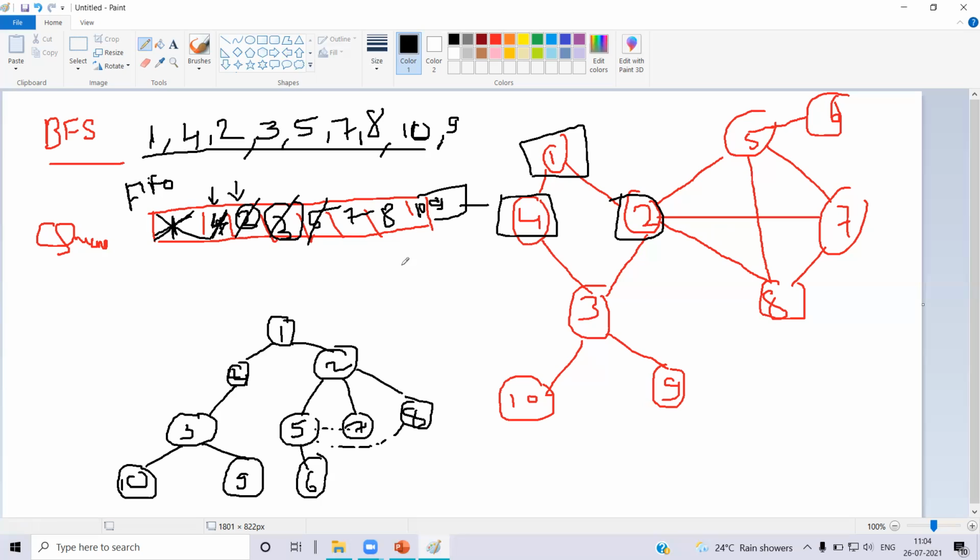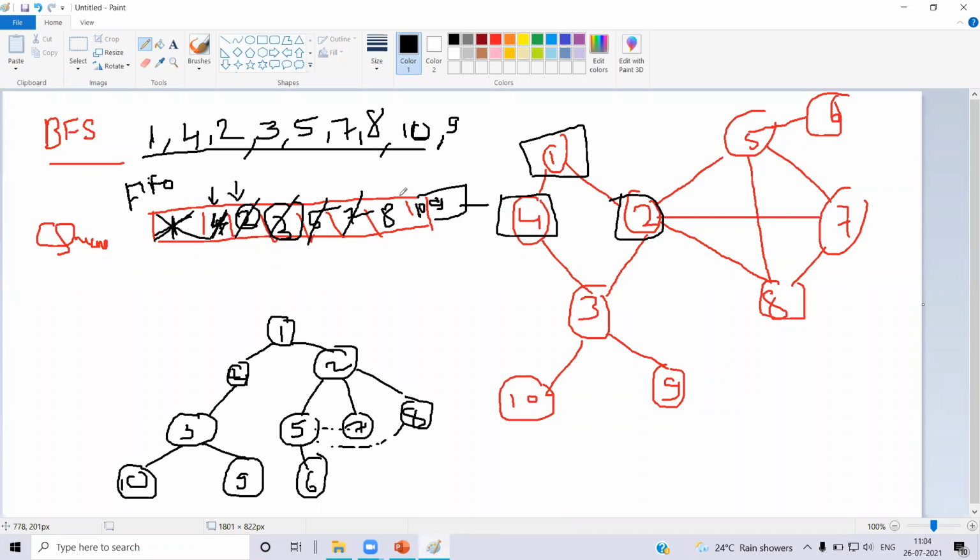So next, what is the next node I have to go to? I have to go to node 7. So node 7, if I just consider, I can go to 5 and 8. So the cross edges are already there and they are already present. So no need to specify the path over here.